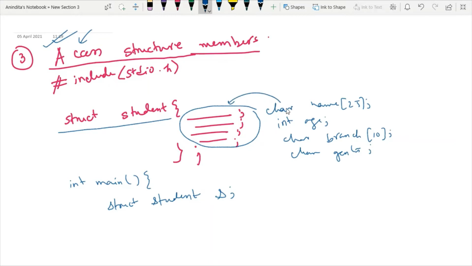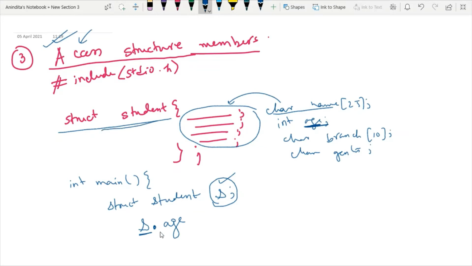Now to access those members, I have one option: I can directly write the variable name, then a dot, then the structure member name. So if I write s.age, here s is the structure variable name and age is one of the members of this structure data type.